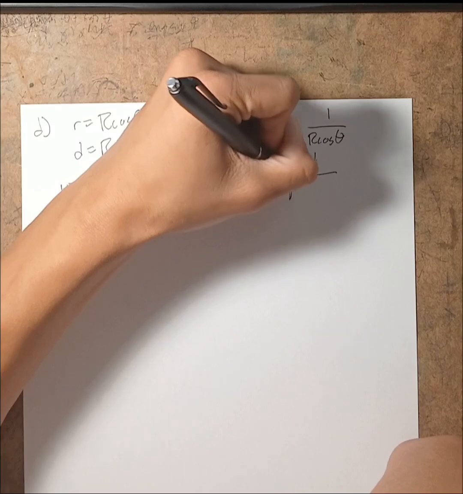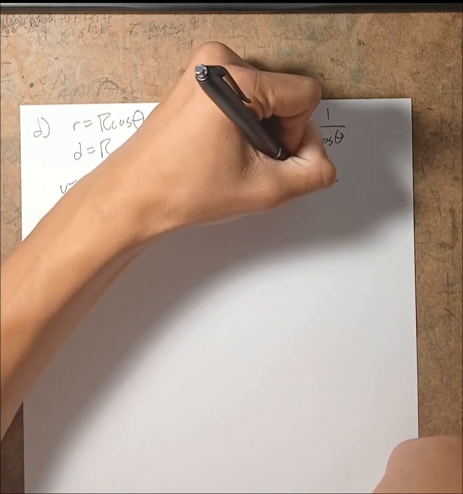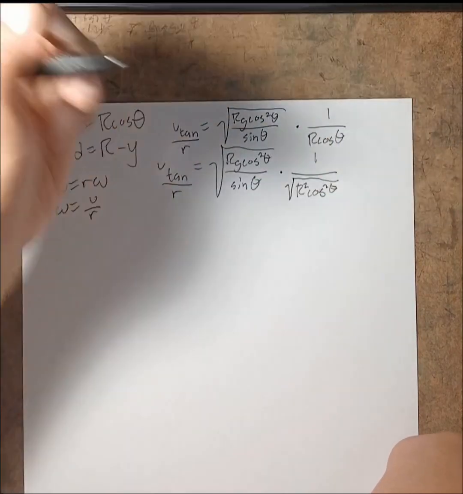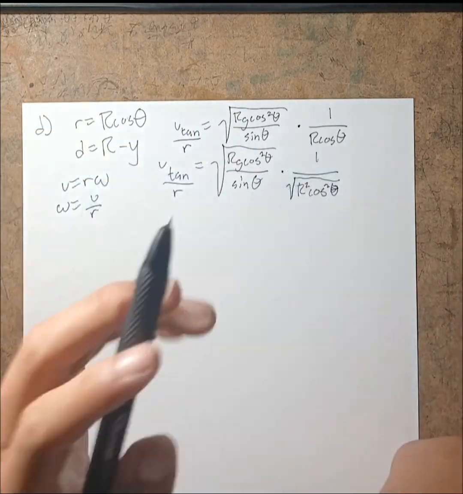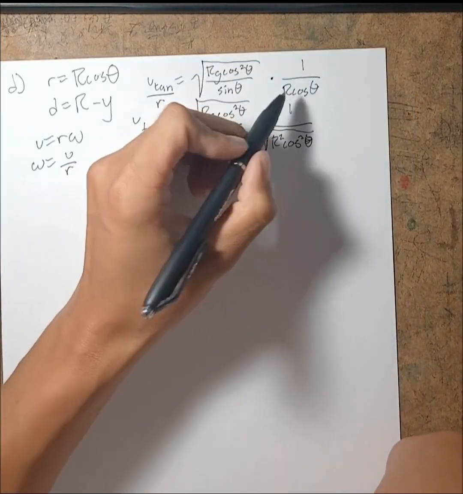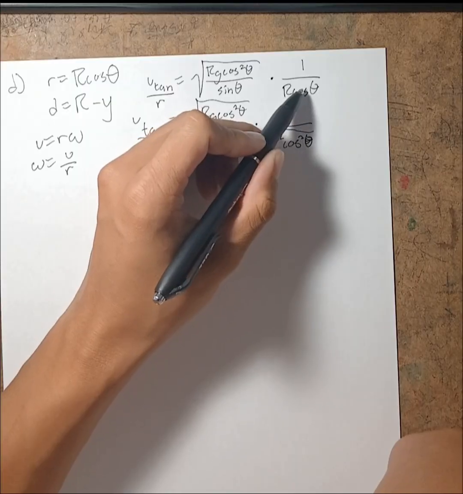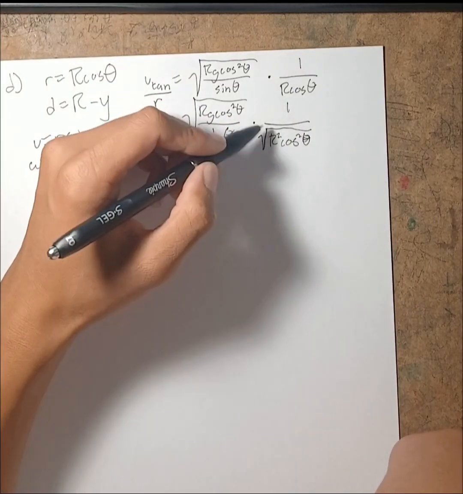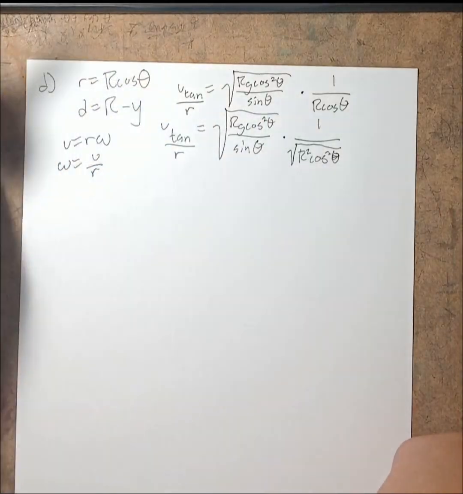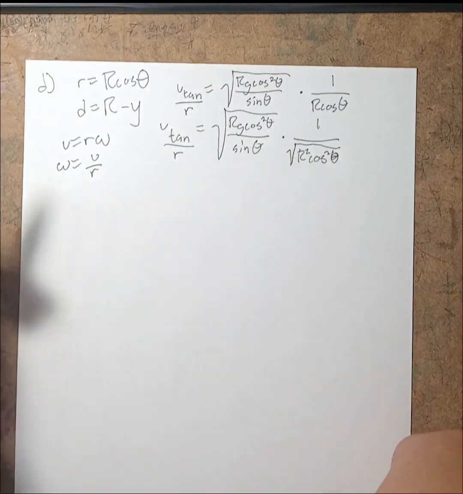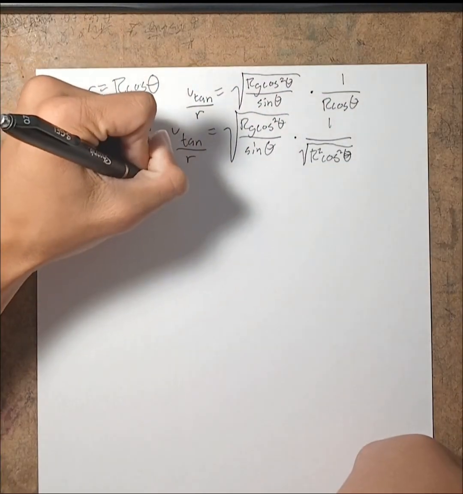This is the same thing as this. If you square it, then the square will distribute to this r and this cosine. And then if you square root that whole thing, then you get this original function. The only reason I'm putting the square root here is to put it inside this expression just to make it a little easier. So v tangent